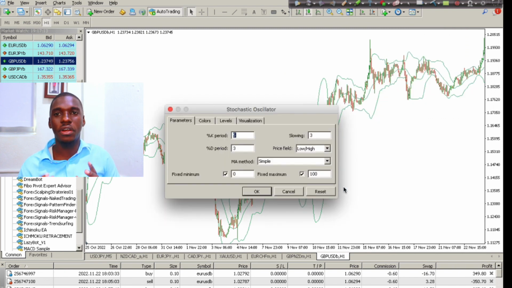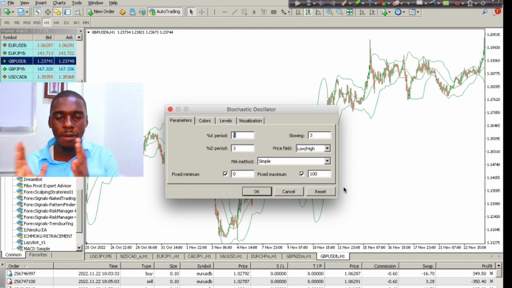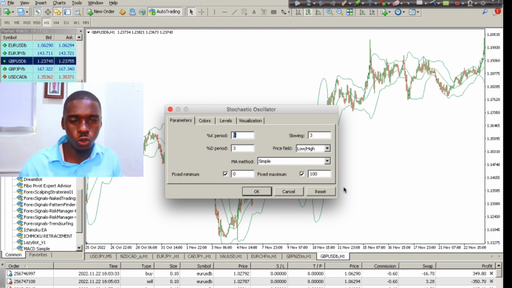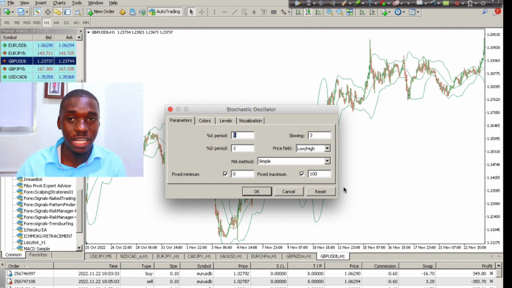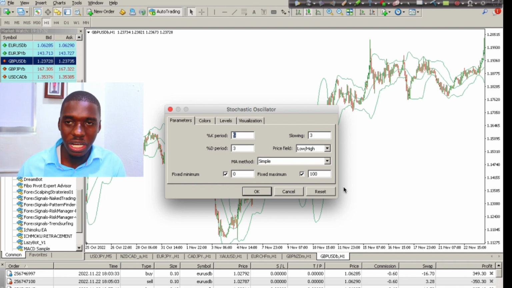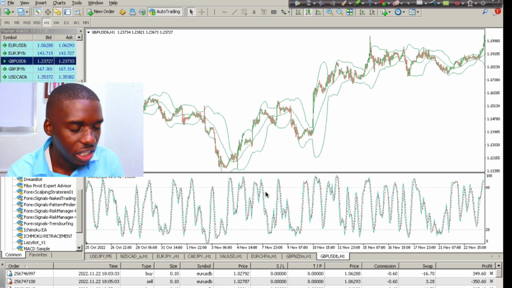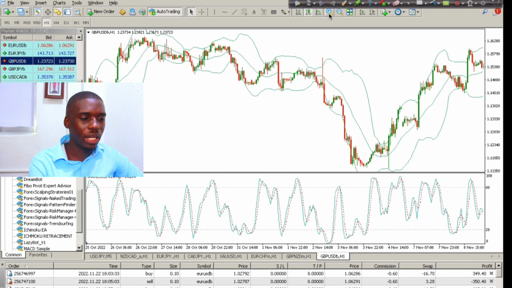I'll make sure that I release individual videos about these multiple technical indicators, each one with its particular details. But in this video, we're just looking at the trend, the momentum, and the volatility indicators that any profitable Forex trader who is a technical trader needs in order to be profitable in their trading career. So looking at what we call the stochastic,